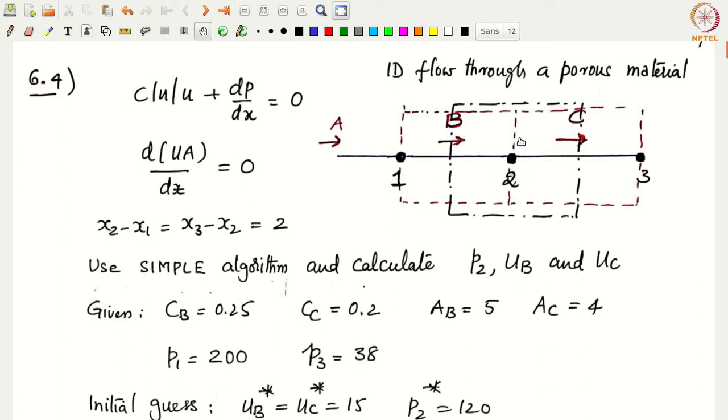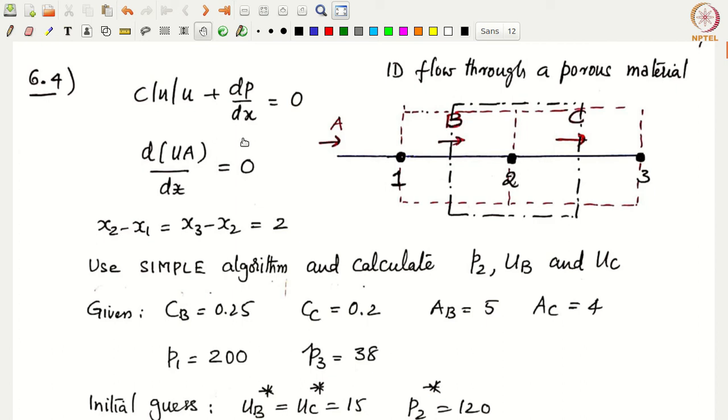Alright, I have also shown the corresponding control volumes. Of course, these extents in the y direction do not make sense because this is a 1D problem, so essentially the area vectors are all 1. But you can see that there is one control volume for B, and this dashed line would be the control volume for C, and this black one, which is slightly taller, is the control volume for cell 2, that is the primary control volume for the pressure cell.